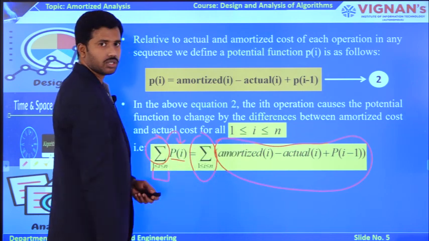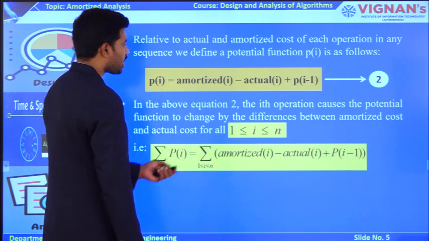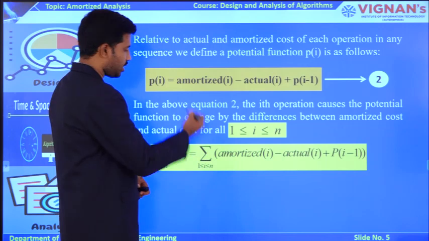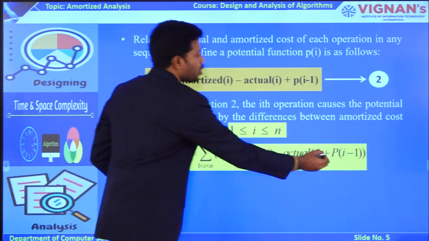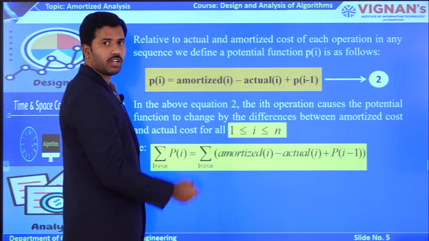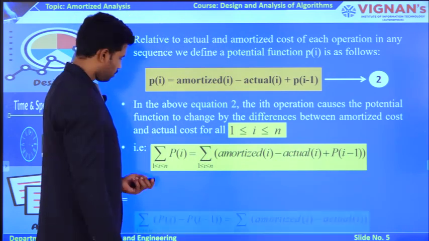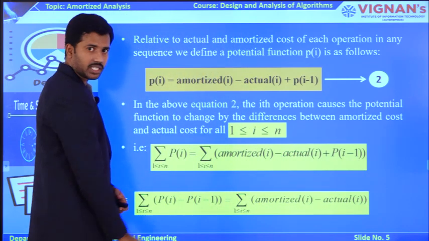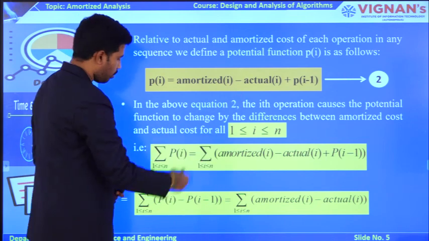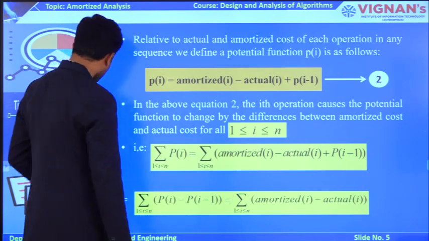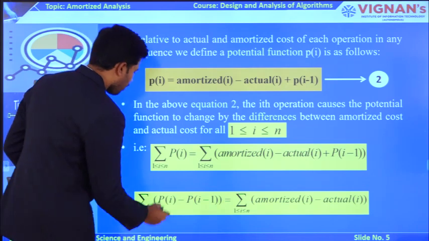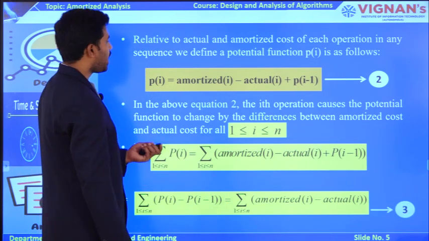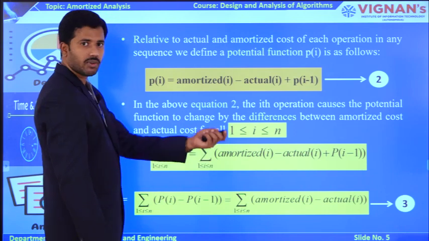Now you try to expand this equation. So how to expand this equation? You try to move this RHS part of P of I minus 1 to LHS, so that this positive value of P of I minus 1 will be converted to a negative value, like this. So like this I am moving the RHS part of P of I minus 1 to LHS, so that the positive value at RHS is converted to a negative value. Now my task is to find out the value for this LHS part. Now how to find out? So this is my master equation number 3.